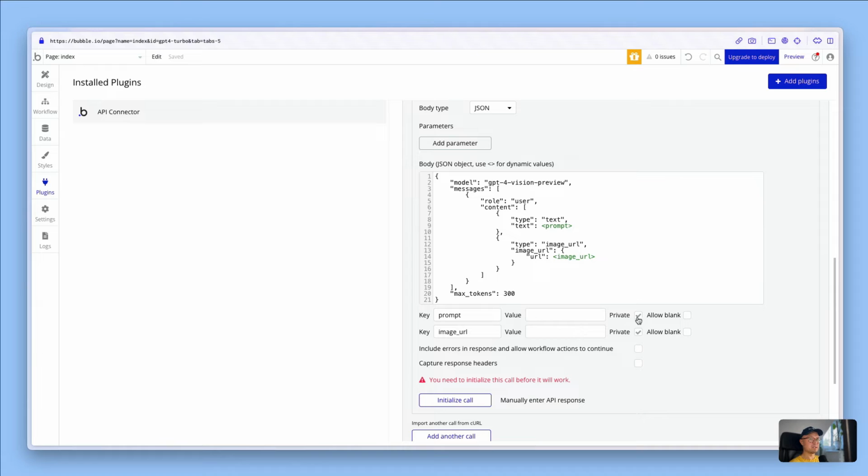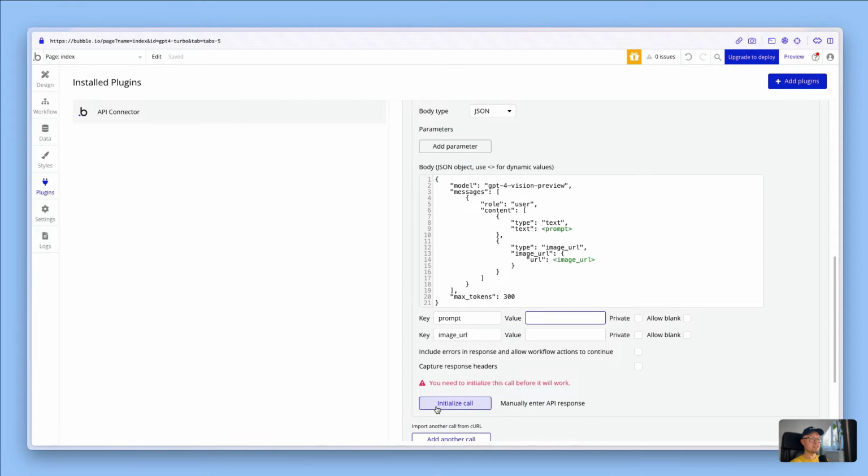First thing we want to do is untick private, because when private is ticked, that means we won't be able to alter these values from within our app. So if we untick private, then that means we will be able to make these into dynamic values. But for now, we need to first initialize the call, and that means we are just doing a test call